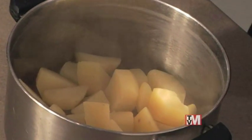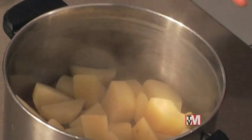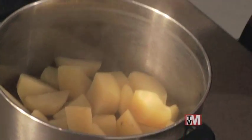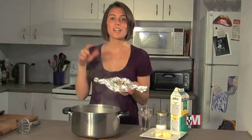The potatoes are now all drained. I put them back in the pot. This works really well because any extra water that's clinging to them is going to evaporate from the heat, as you can plainly see. Now I'm doing my roasted garlic mashed potatoes. Really simple, don't worry, I did this step in advance. All you need to do is take one garlic